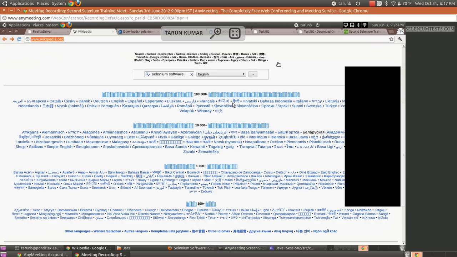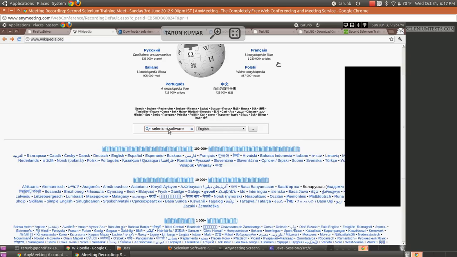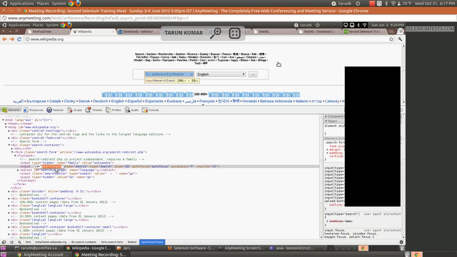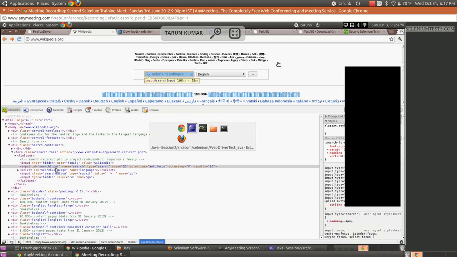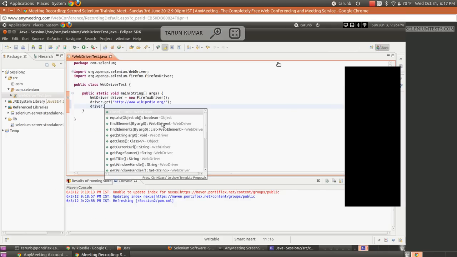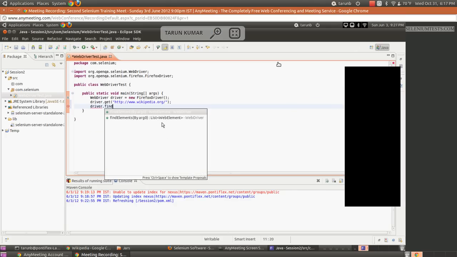Now we will type our search term here. How do we do that? We have already taken all the element locators, so we will use ID here. Again, I'll type driver dot. How do we find an element here? We say driver dot find element. You see that the find element method is there. There are two, find element and find elements. At this point, we are using find element.